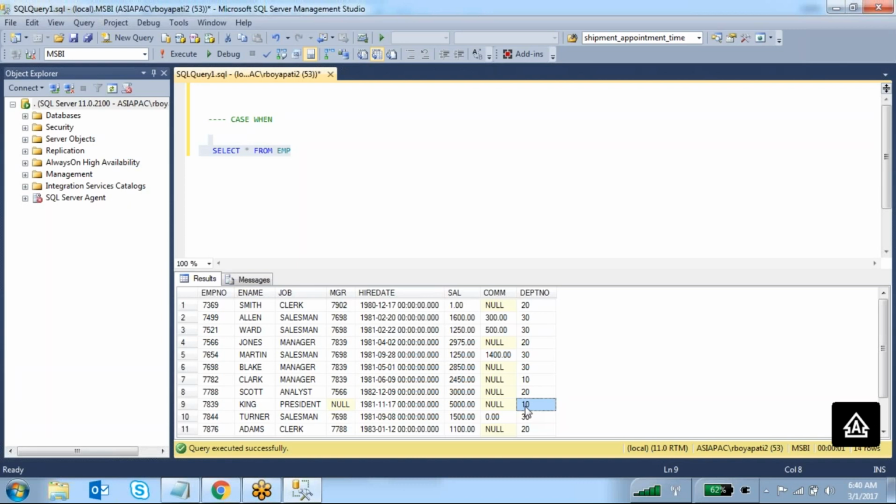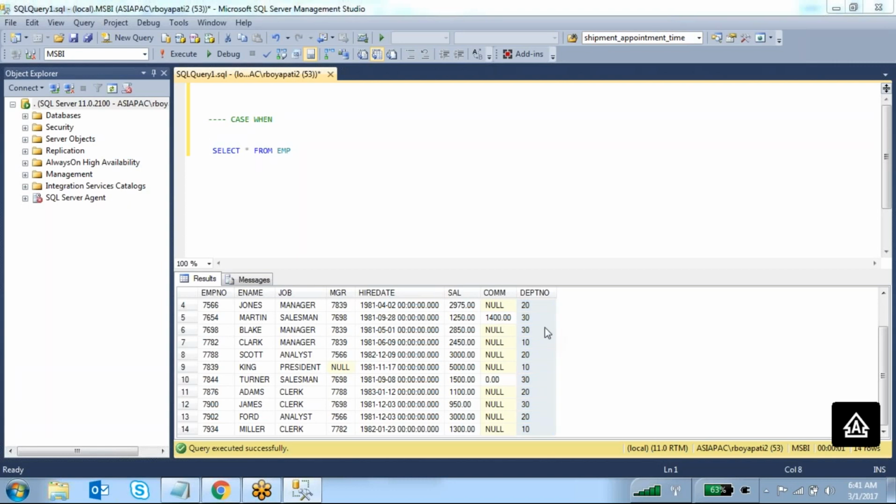The condition I want to write is, if the department number is 10, I want to write the department name as MSBA. If it is 20, Informatica. Other than 10 and 20, if anything else, I want to print data stage. Okay, so how can you write this? You have to check all these values, and based on the value we have to write the condition.